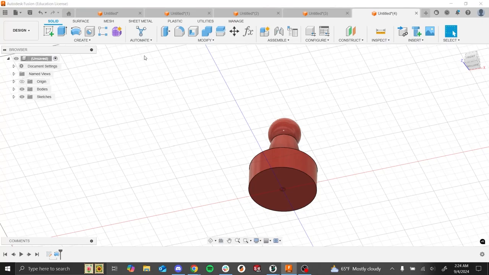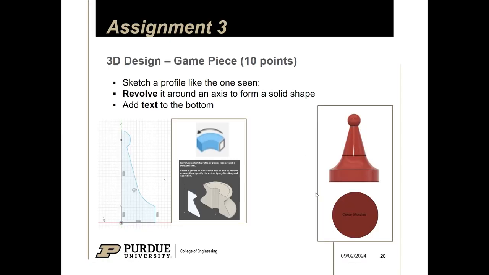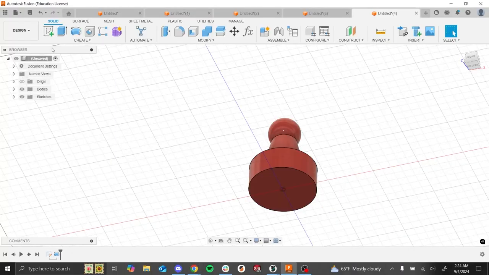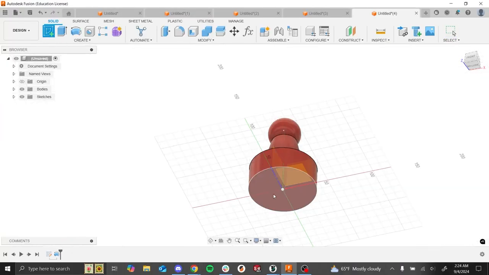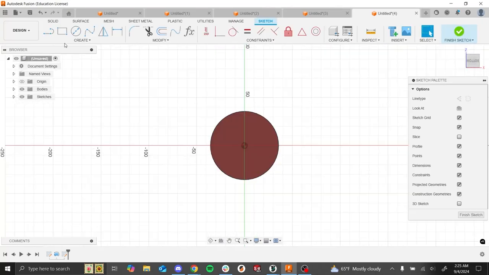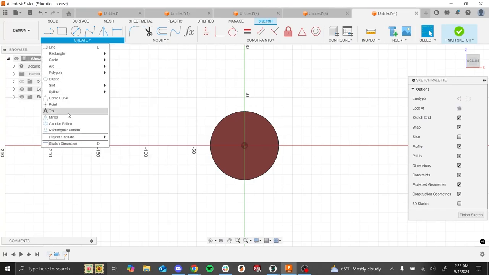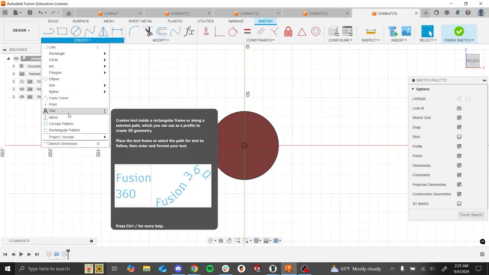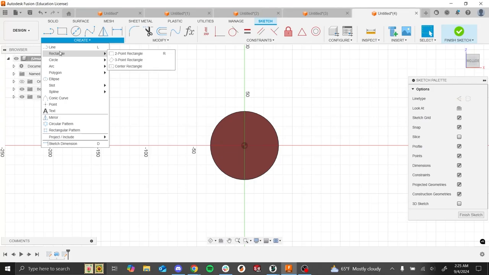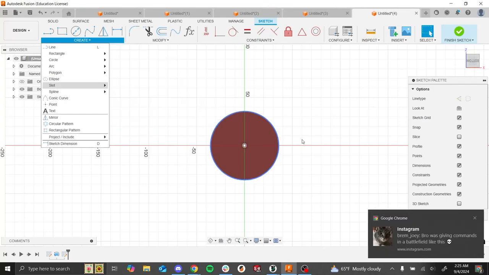All right, so now that it's colored, the last thing we want to do is adding text at the bottom. So to do that, I'm going to create a sketch. I'm going to select the bottom face game piece, and then I'm going to go under create and text. And you'll see you have a